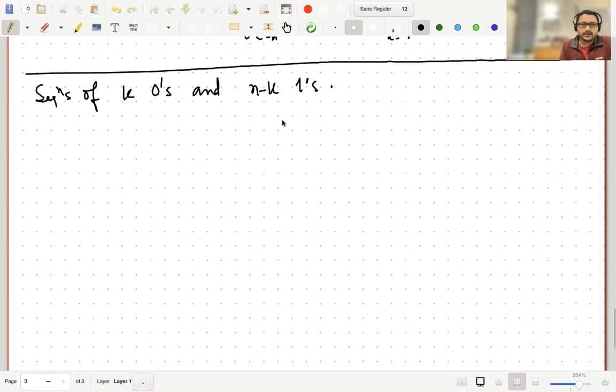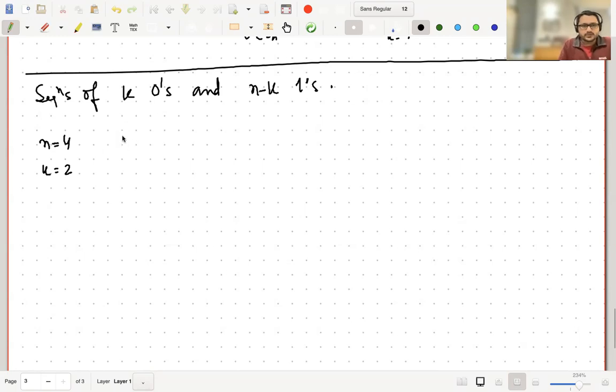These are just binary sequences, but in binary numbers you are not allowed to have a zero in the beginning, whereas in our sequences we allow the zero. So all of the terms in our sequence will be of length n. For example, if n is equal to 4 and k is equal to 2, then we'll have